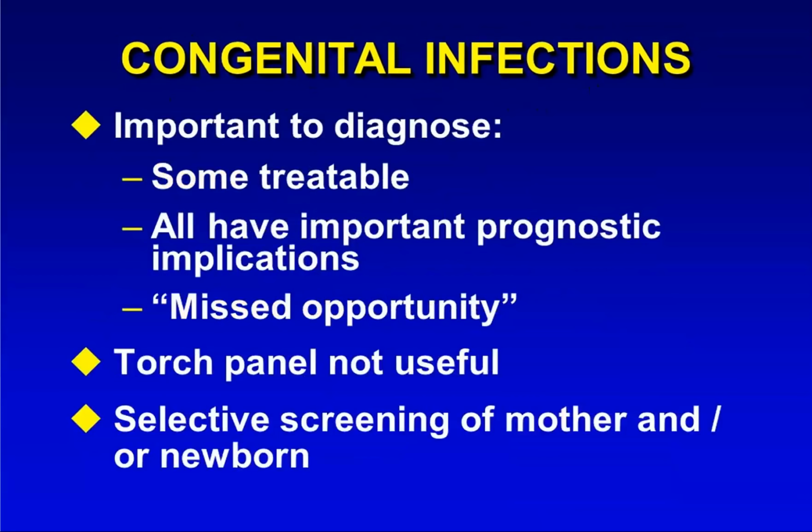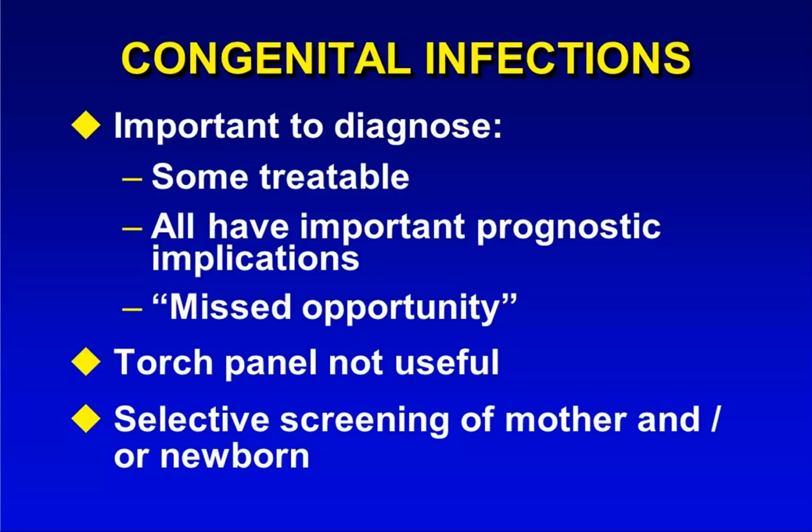So in conclusion with this first part of the presentation on TORCH panels, I think there's no question that these congenital infections are important to diagnose because some of them are treatable, including cytomegalovirus now. All have important prognostic implications. And if we don't diagnose them, we have missed the opportunity to prevent later sequelae and to improve the neurodevelopmental outcomes of these babies. And the TORCH panel is not useful, but we should really be